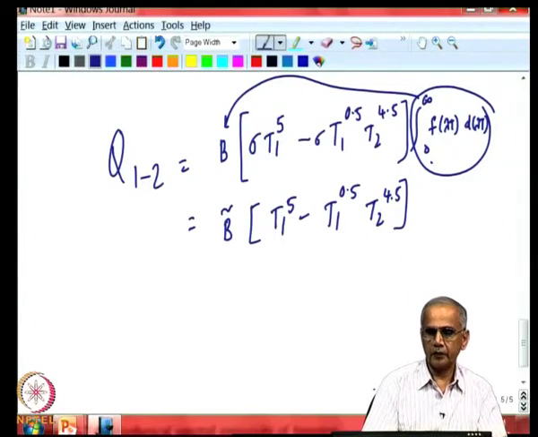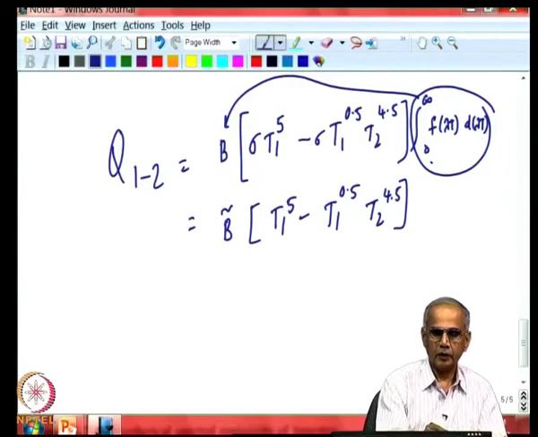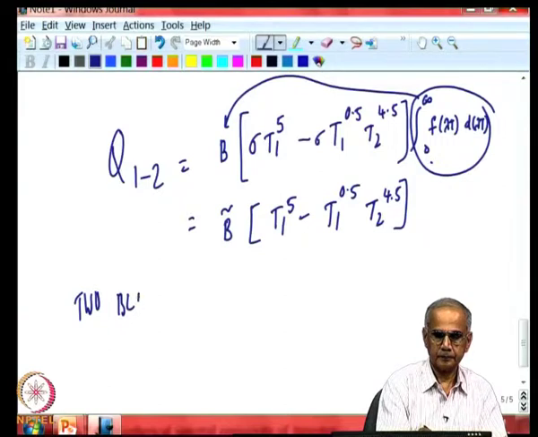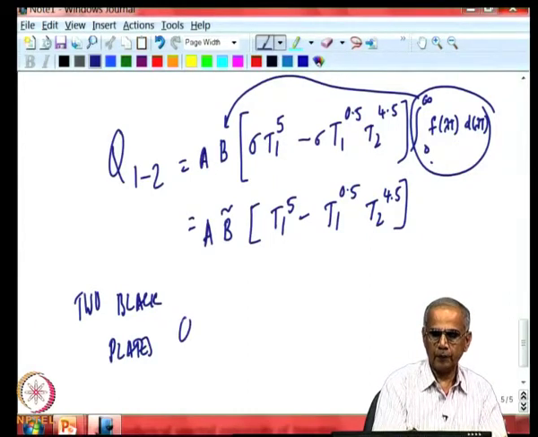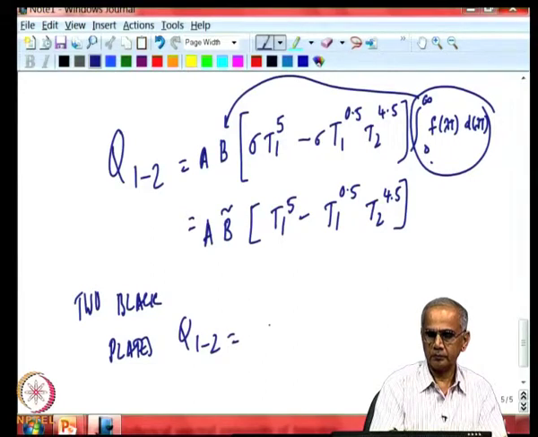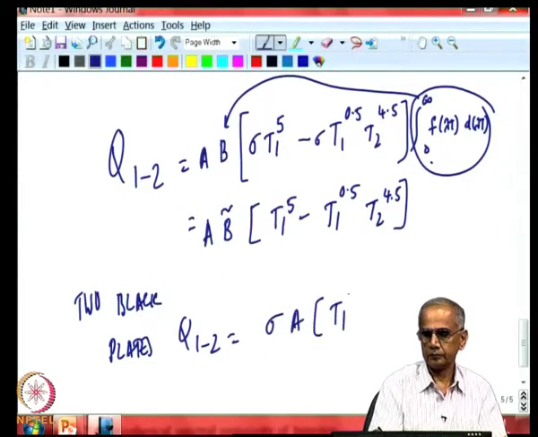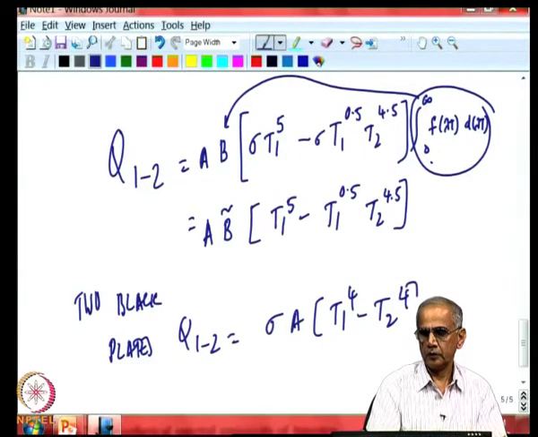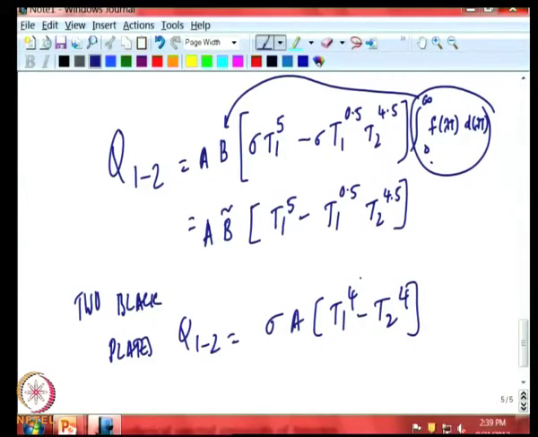So, this must be compared with this, which is a metal and a black plate. If you have two black plates, then all of you know, of course, area is also here, I am sorry. Two black plates, and this is nothing but, so that is the difference introduced by one metal being there on the top side. So, it increases the emissive power of the metal from 4 to 5.